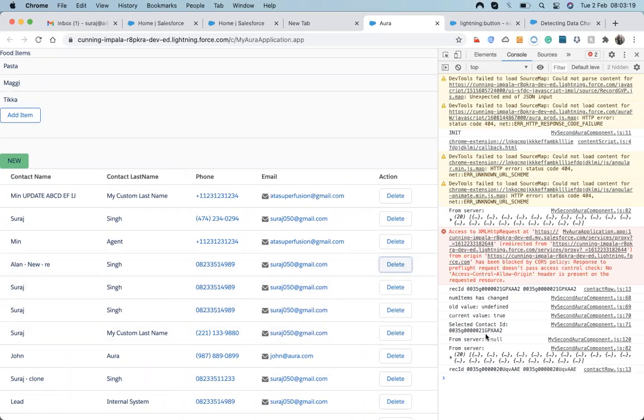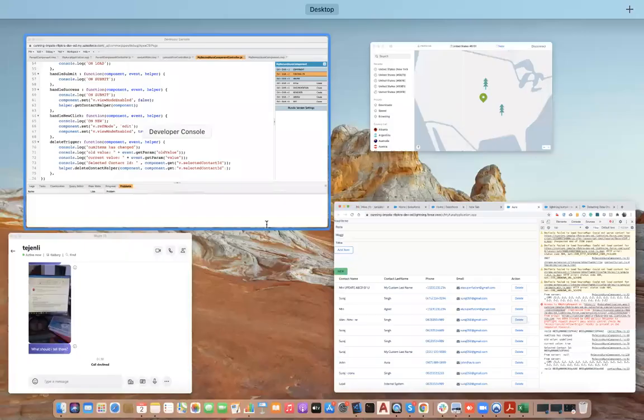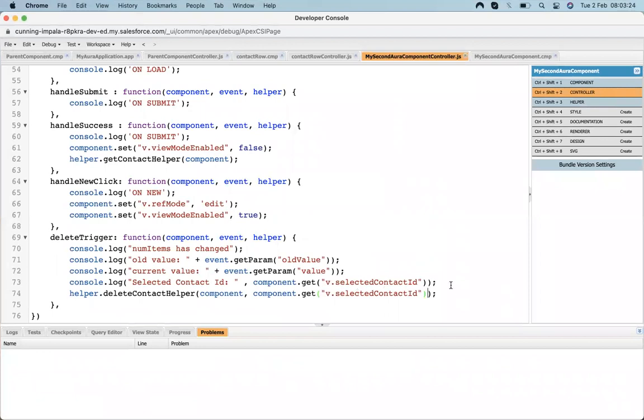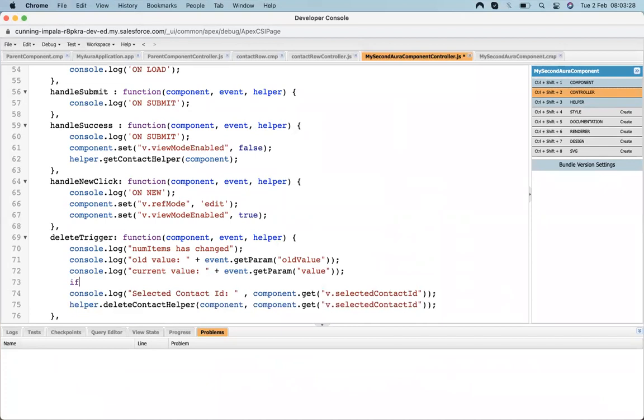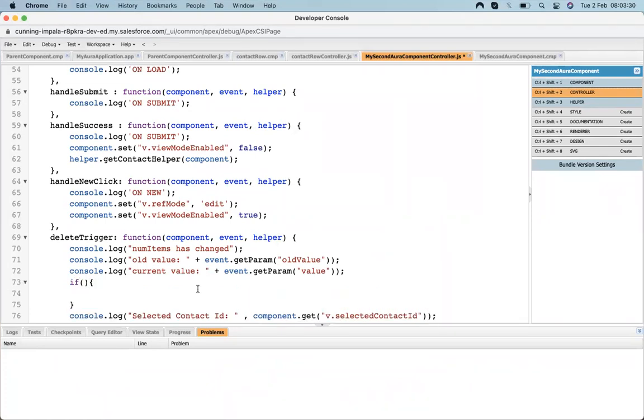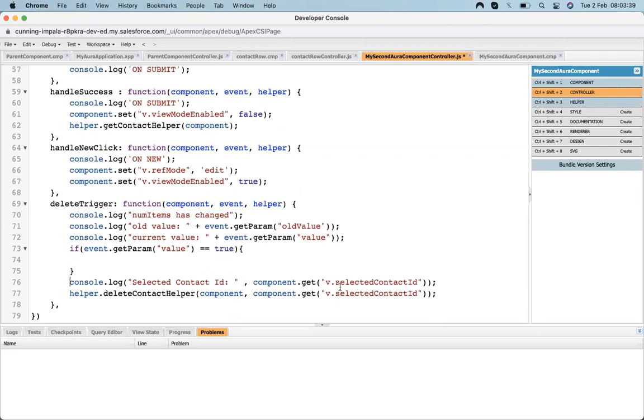Now again we need to make it false because it will only run if it is true.